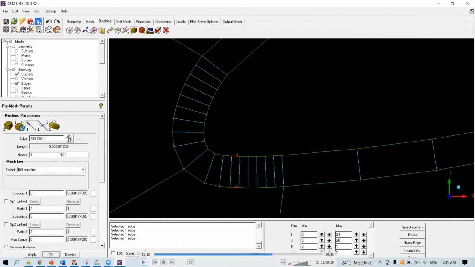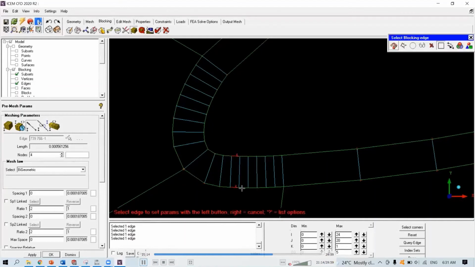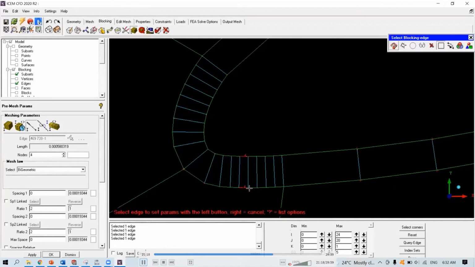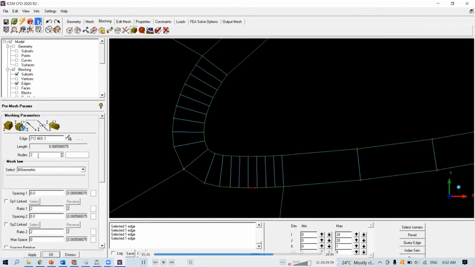If it's 4, then it's 0.0018. It's okay. Triple 019, triple 019, triple 019, 4 as you go.